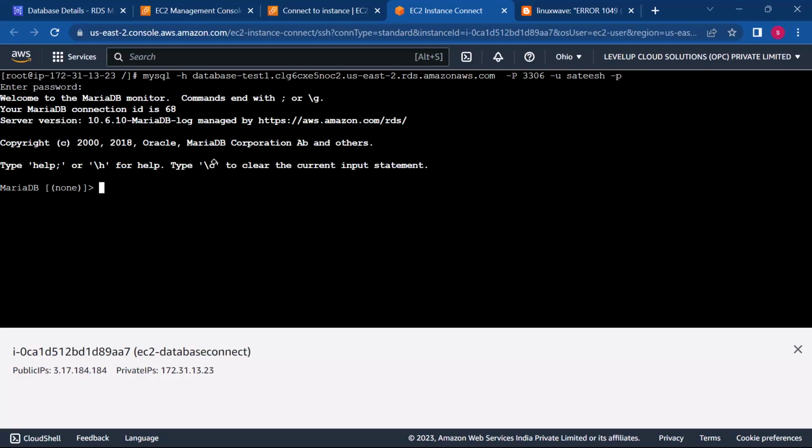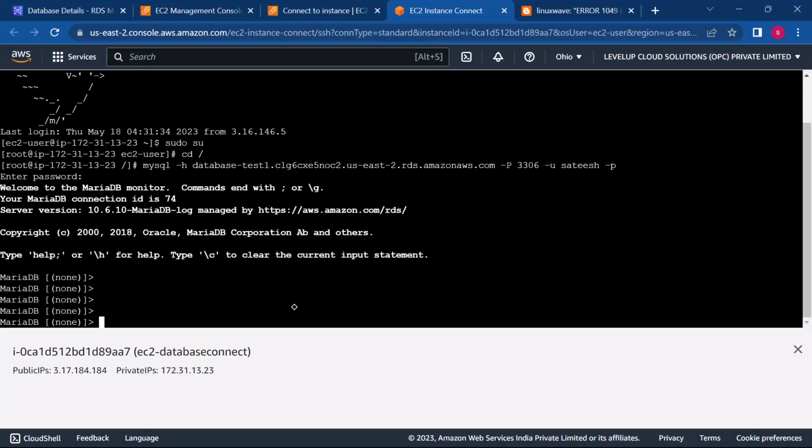All right. Now you see, I'm able to connect to the MariaDB database that we have created with the help of RDS. Now we can do any type of CRUD operations here. Let's say, let me use the syntax to create a table. Okay, let us wait for a minute. Okay, we can use the syntax